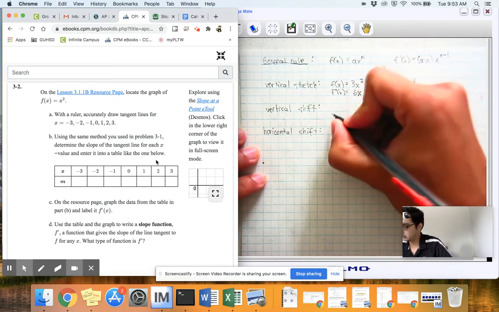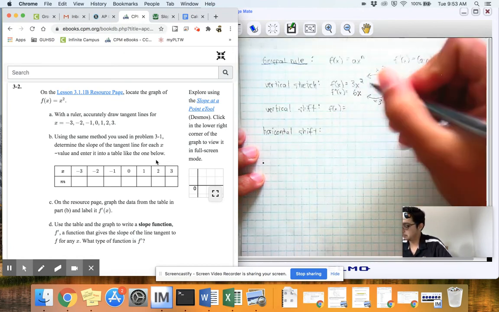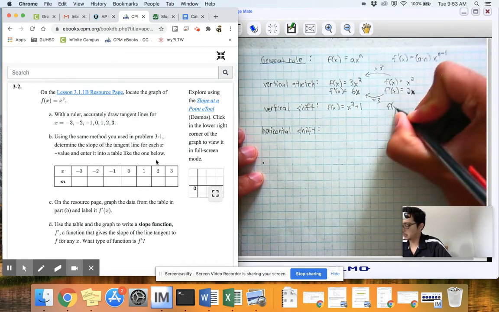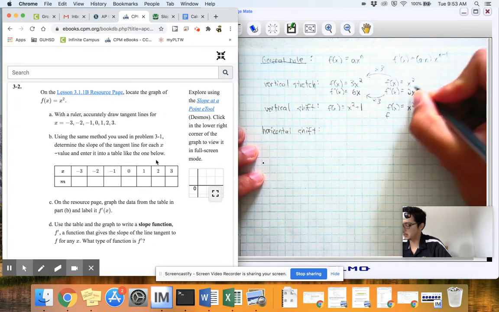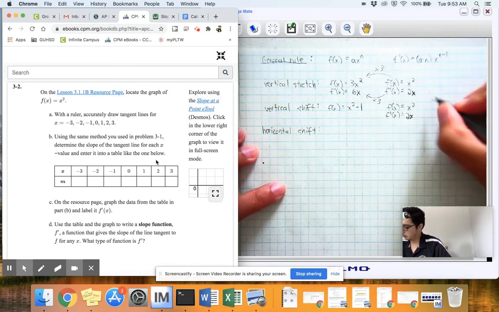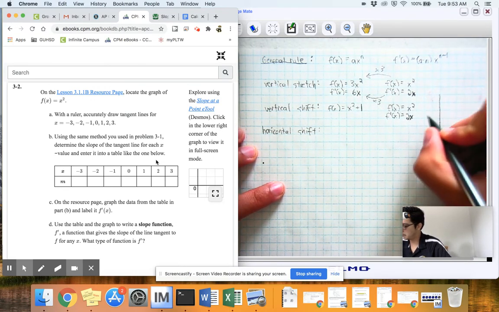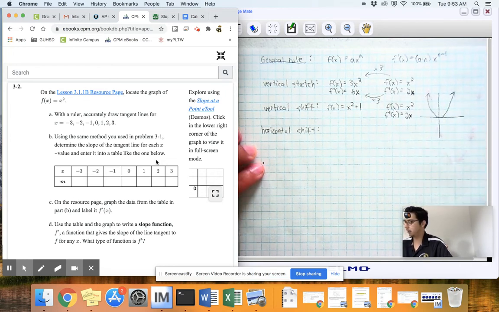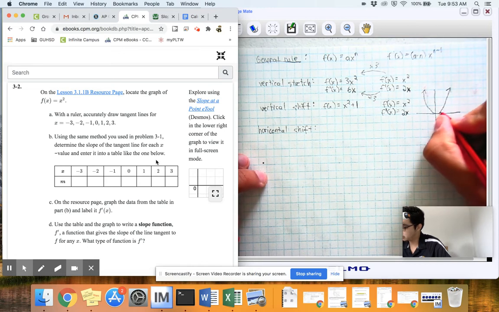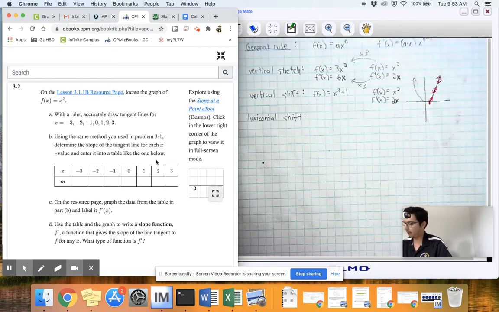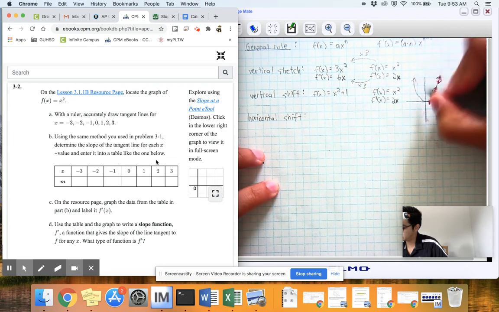What about a vertical shift? Say we had x squared plus 1. What's that going to look like? We're going to compare this to what we just did. So we know f of x equals x squared, and the slope function will be 2x. Now, if we understand this quickly from a sketch, we have a parabola, and along this parabola are slopes, tangent lines. If we shift this function up, say, up 1,